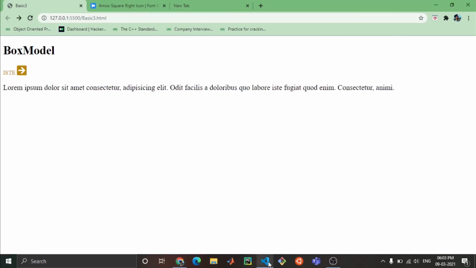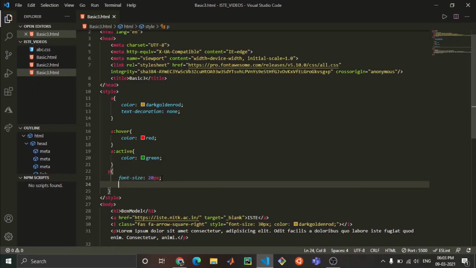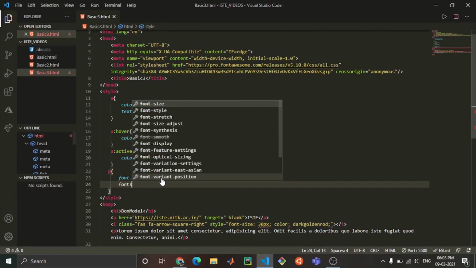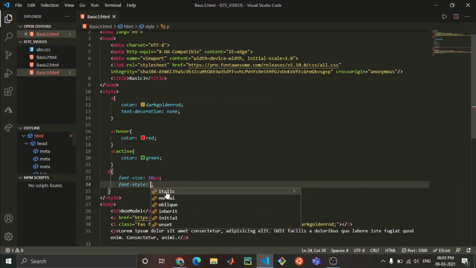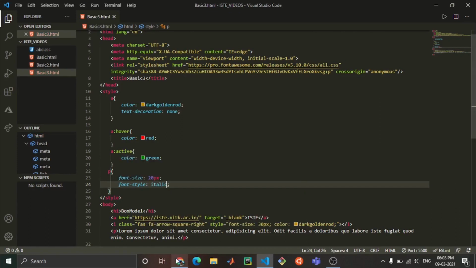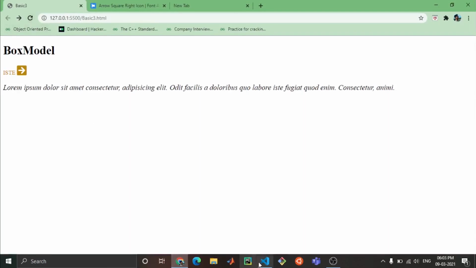Okay, it's fine. Now there are some inbuilt fonts. Font style: italic, normal, oblique, inherit, many things are there. I want it to be italic. Fine, it is now italic.